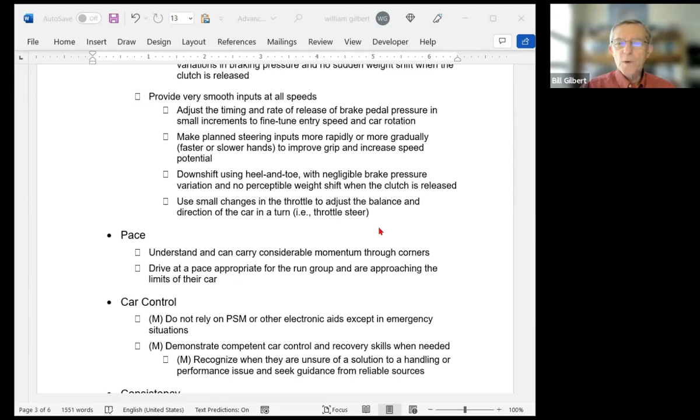Pace. Advanced drivers run at a good pace, right? Considerable momentum through corners, appropriate for the run group, approaching the limits of the car, but not at the limits, because this is DE, it's not racing. Car control,